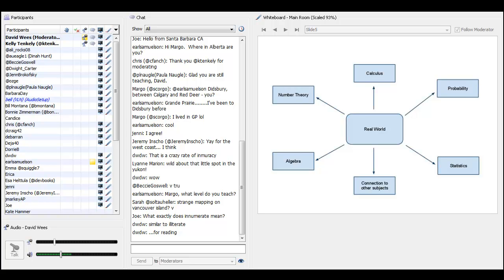Here are applications which are cool about the world. And let's focus on relevance first. Then from that relevance piece, we're going to figure out things that are related to number theory. We're going to show that it's related to calculus, related to probability, related to statistics, etc. And one of the consequences of this is that the connection to other subjects is really easy, right?